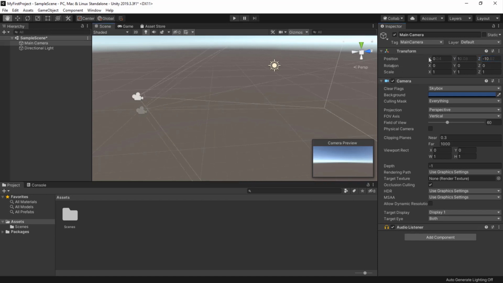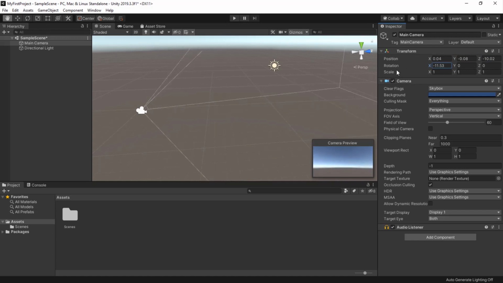One way you can change the position is simply by clicking inside one of the Transform fields and typing a new value. Alternatively, you can set these values a bit more interactively by hovering your mouse over the X field and clicking and dragging your mouse. You'll notice that when you drag your mouse to the right, the values increase, and when you drag to the left, the values decrease. You can see the object moving in response inside the Scene tab. You can also change the values for the Y and Z fields to move the object in those directions, as I'm doing here. This process applies to rotation and scale too.